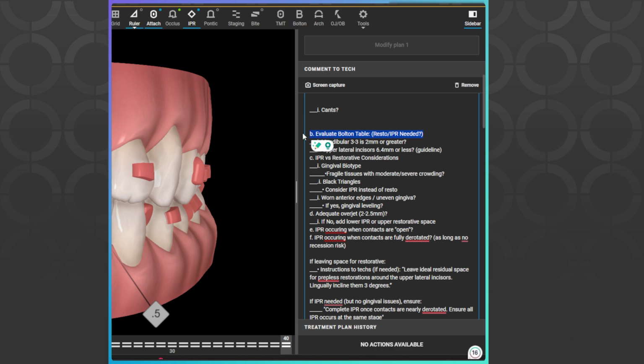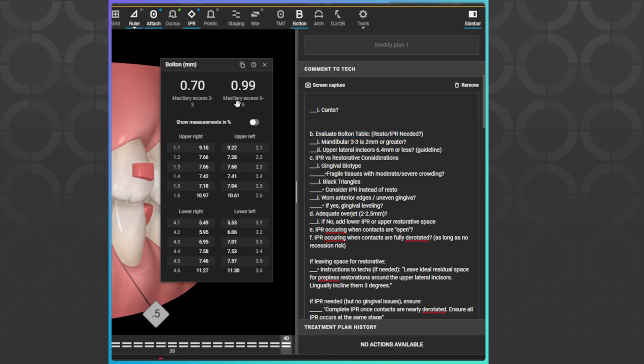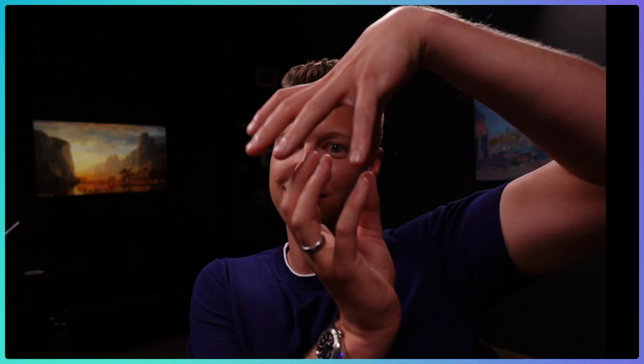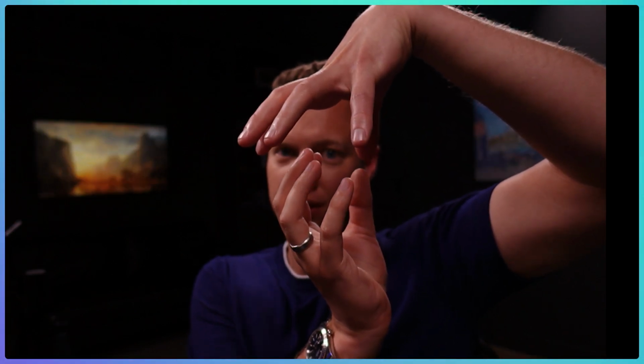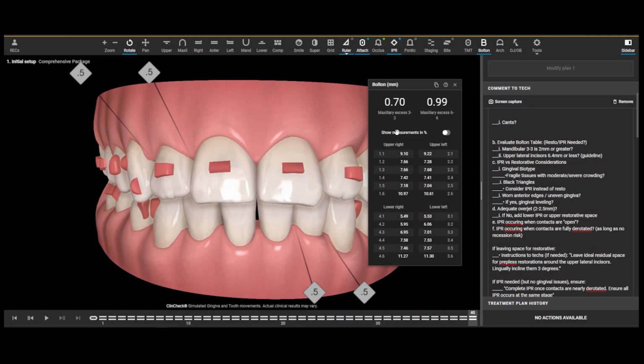Okay, so if Bolton is important to pay attention to, then we go to the Bolton table. And so the Bolton table shows us that we actually have a slight maxillary excess. Now, having a maxillary excess is actually better than having a mandibular excess, because a maxillary excess just means that the lid is a little bit bigger than it should be. That's better than having the box being bigger. So it's actually okay that we have a small maxillary excess in this circumstance